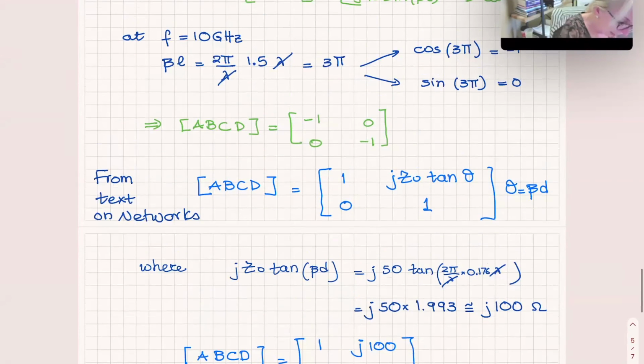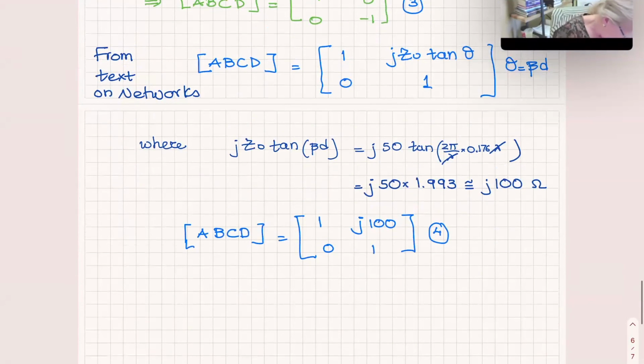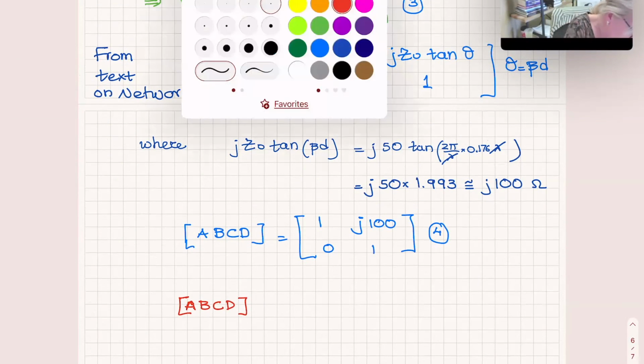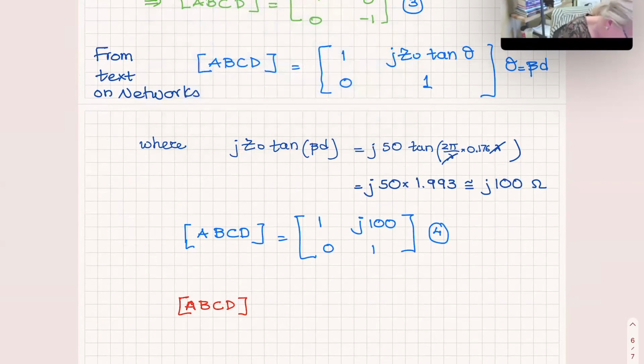So now I have 3 here and 4 here. And I can take the product of 3 and 4, and then I find that the total ABCD matrix for the 2-port, A, B, C, and D, for the 2-port is equal to,